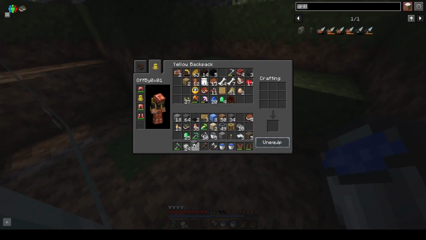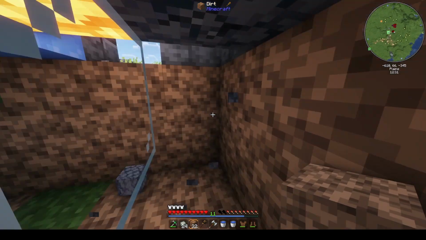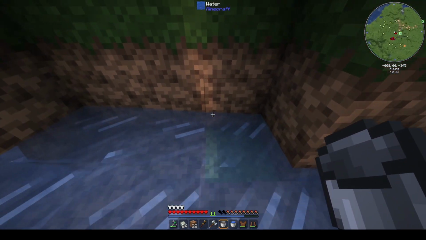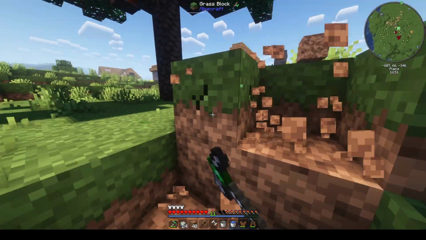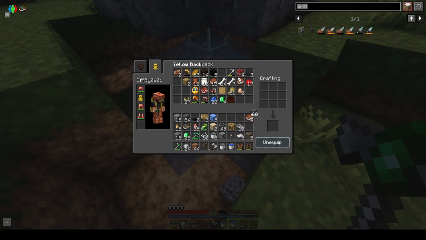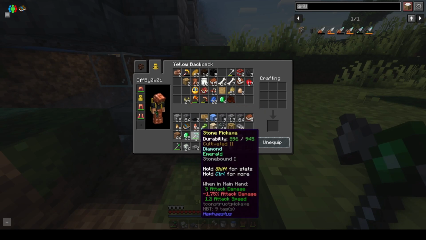So let's actually fill some of these sides back up. We've got the dirt that we used to mine this out. It's fine. Water here. And yeah, if we mine this corner one out, let's just mine this right the way down a bit. Perfect. And we've got any slabs on us? We don't, but we can always create one. So if we create some slabs like that, and then